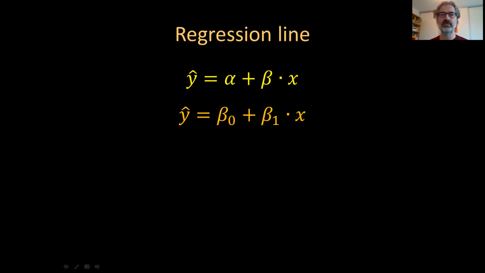These are commonly used symbols as well. However it is represented, this part is the intercept, the part that is just added, and this part, which is multiplied by x, is the slope. So the slope is the number that is multiplied by our independent variable,